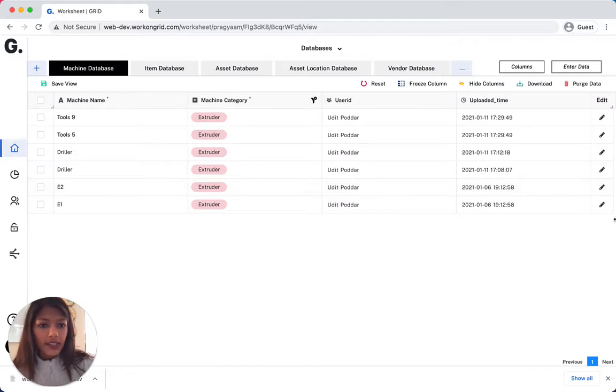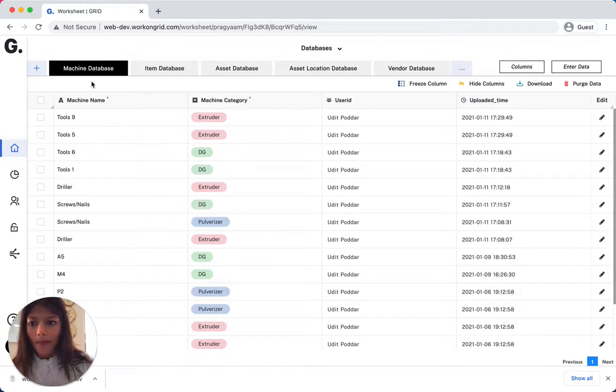Now you can see that my data has been filtered and I'm viewing data as I required. Like I applied filters, in a very similar way I can remove them by simply clicking on this cross icon here or by resetting my data from here. So I'll just remove this from here and I'm back to my original data view.